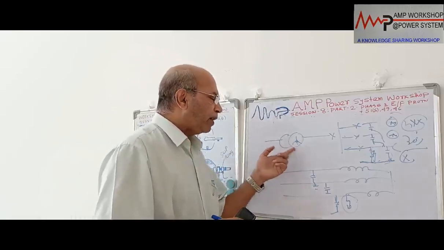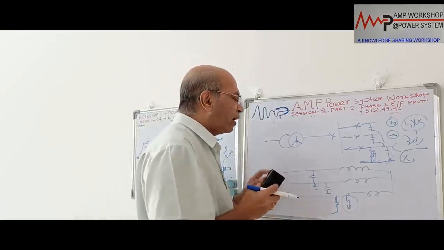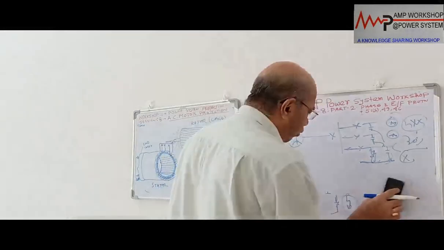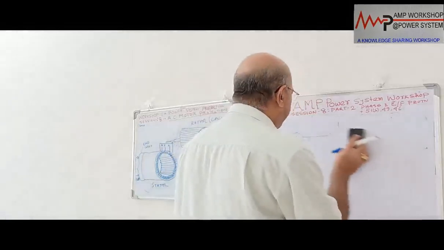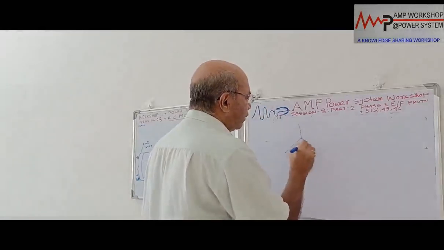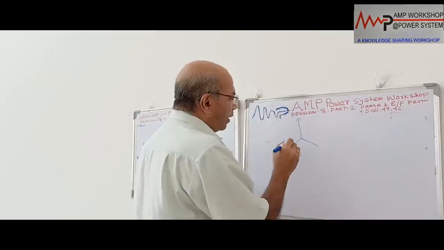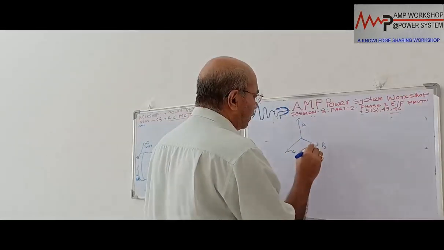Another way we can provide protection is by providing overvoltage protection. You know, when there is an arc fault in an unearthed system, immediately the healthy phase voltage will go up. We know this from the vector diagram. Suppose this is a 3-phase balanced system, but it is an unearthed system. Suppose this is A phase, this is B phase, and this is C phase. These are the 3 phases.